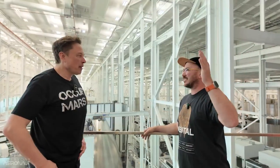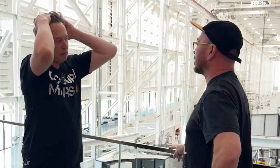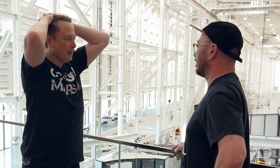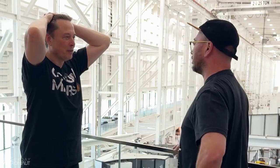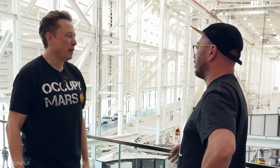So we're about to see flight 9 here. Give me a rundown. Right now, we're T minus 4.5 hours. What's going through your head right now? I have a lot going through my head, actually. Just thinking about the various ways the rocket can fail, which are many. But what we're hoping to achieve today is